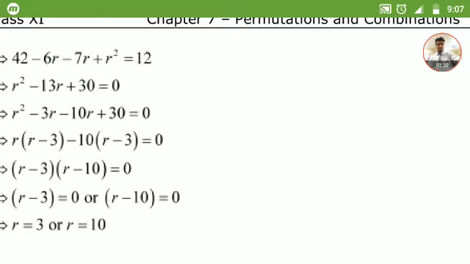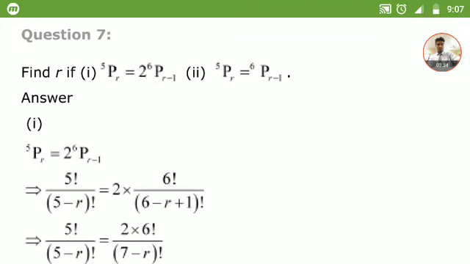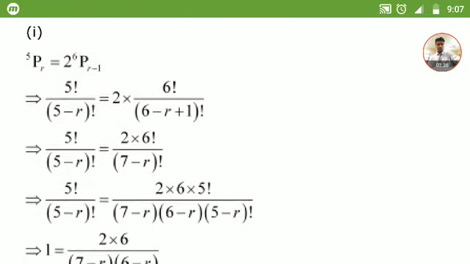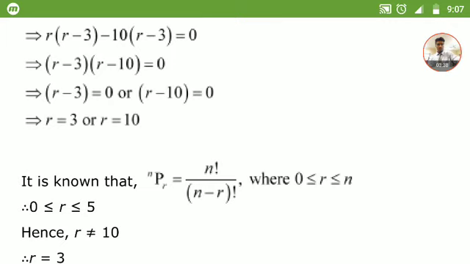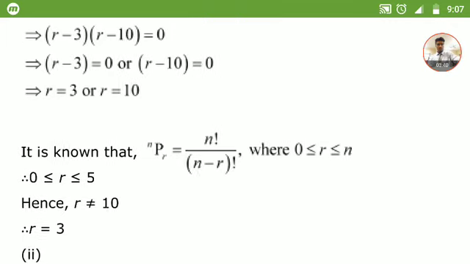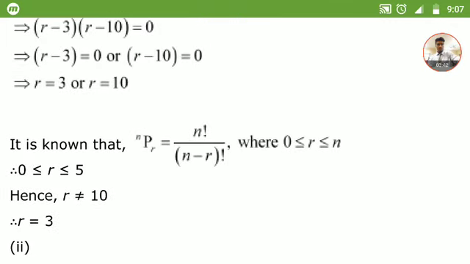Now the value of r can be only one of them. Now you notice out here n is 5, right? So r is always less than or equal to 5. It can also be 5 or 0, but it cannot be 10, because 5P10 will not exist, because factorial of negative numbers does not exist. Okay,